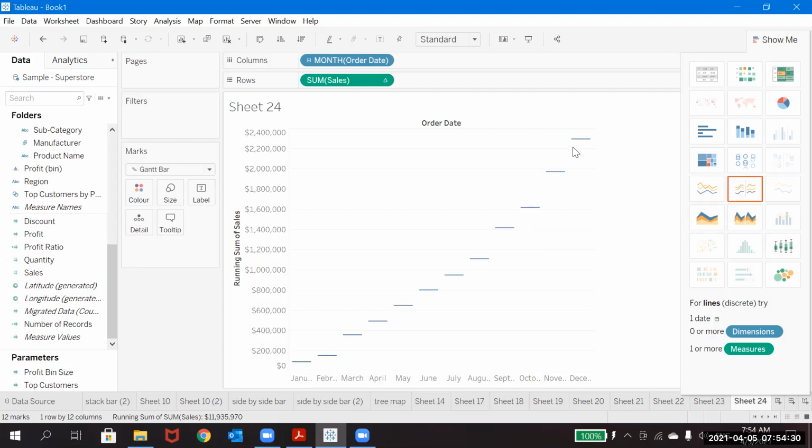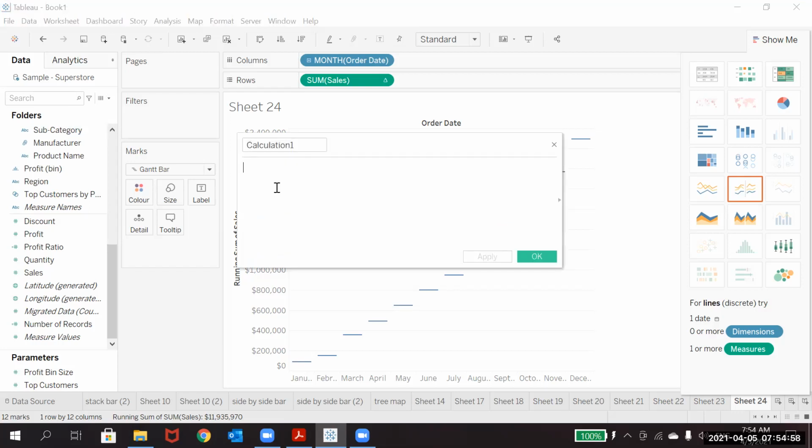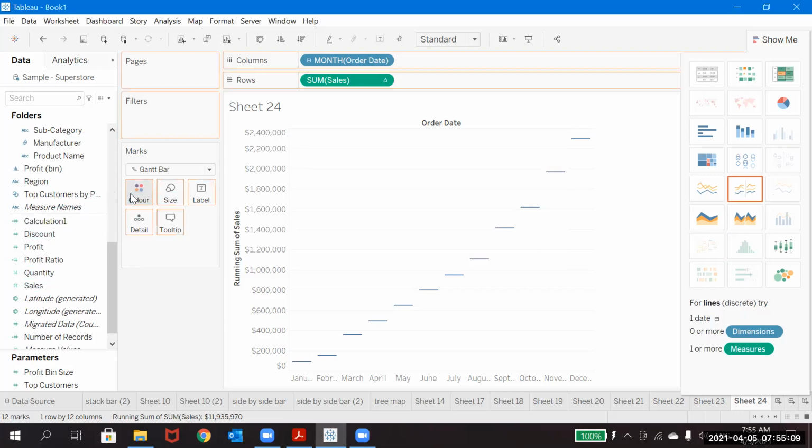So from this to this, the value is going up to December. Now you should know that using this waterfall chart, you should observe the difference between the previous month and the current month. Okay, that thing you will observe. Now I'll simply create one calculation with negative sales. So it's a calculation one. I'll just keep it in the color.